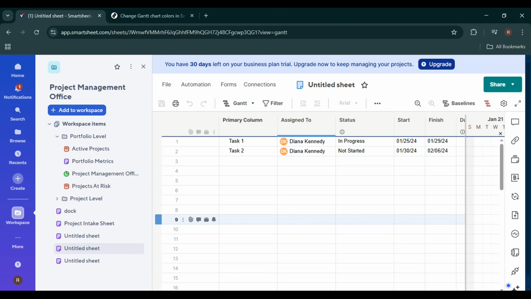First, open your browser and go to smartsheet.com. Log into your Smartsheet account using your email and password. Once you're logged in, open the sheet that contains your Gantt chart. Make sure that the sheet is already set up in Gantt View. If you're not in Gantt View, switch to it so you can see the timeline bars on the right-hand side